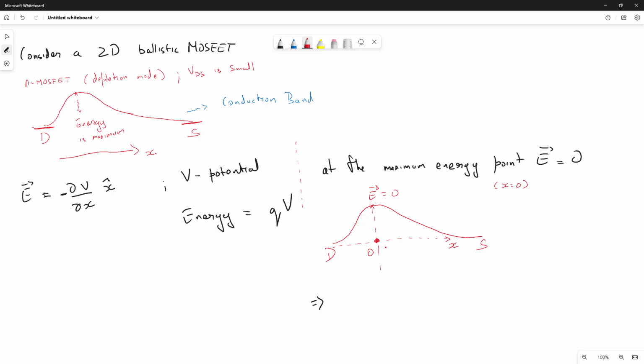So this point is E equal to 0, and I'm labeling this as x equal to 0. Therefore, at x equal to 0,